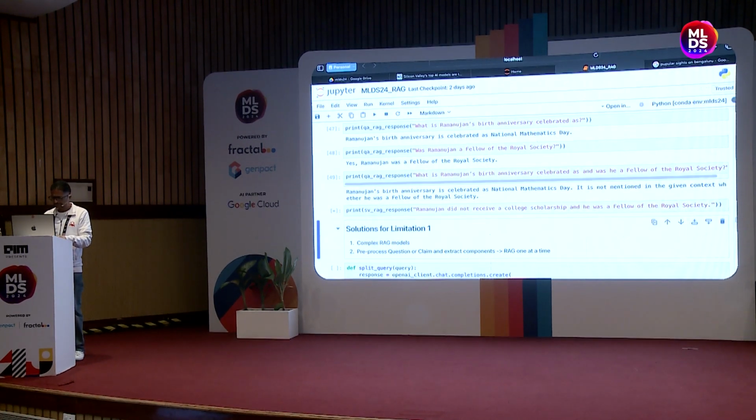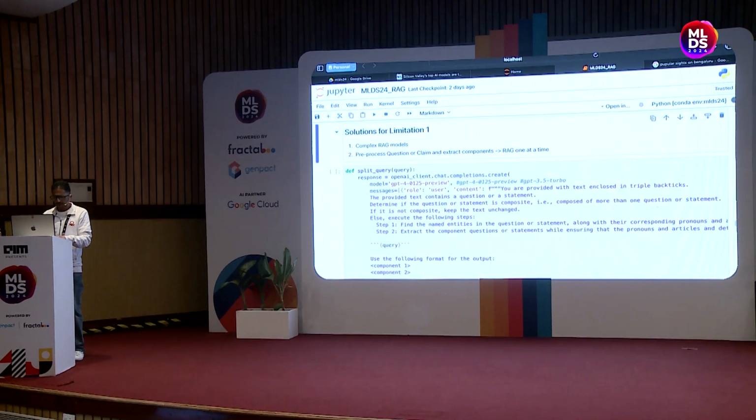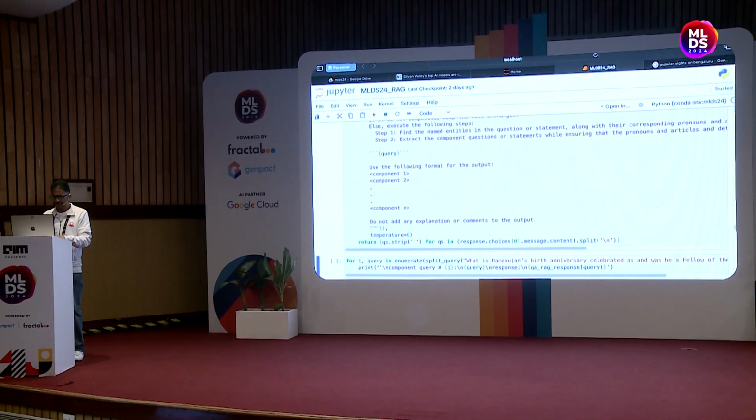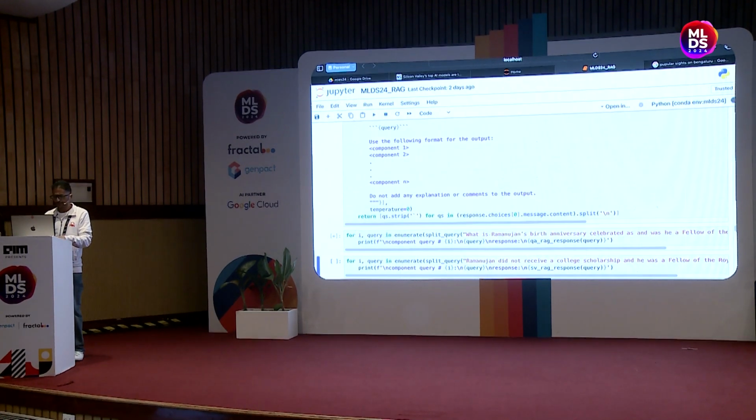So to do that, we have a function here. Just going to skip it, just trust that it'll work. And after, we are going to use this function to do the splitting of the query into component